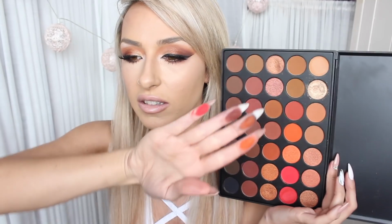I love these orangey shades. I just think they're incredible. I love these brownie, I don't know what to call them. There's a brownie red shade and the bright red. Oh my god, I die. The pigmentation is just insane in this. I absolutely love it. Okay guys, so that's my little mini review or discussion of my Morphe